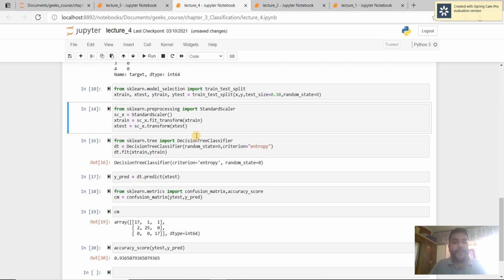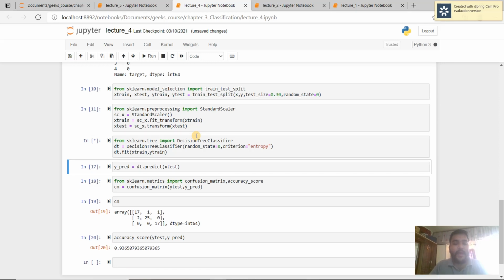And again I perform train test split on the data. And from sklearn preprocessing, standard scaler is used, because feature scaling is very important. Then I import decision tree classifier. The main part starts from this portion, that is sklearn.tree decision tree classifier. Then I select the criterion as entropy, and random state as 0, and I fit the data on x train and y train.